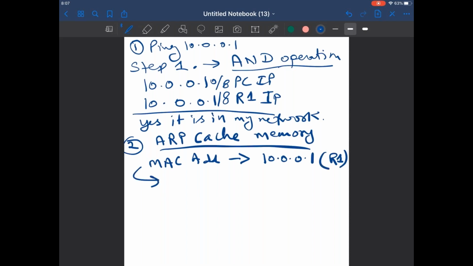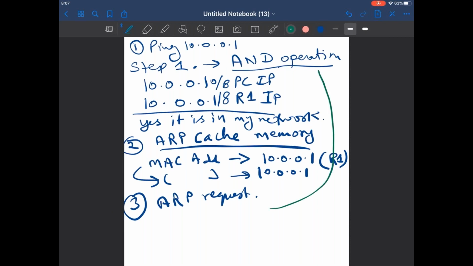If the MAC address is present, then it is fine. Otherwise, PC1 will generate a request. And in the whole process, the ICMP echo request will be on hold.